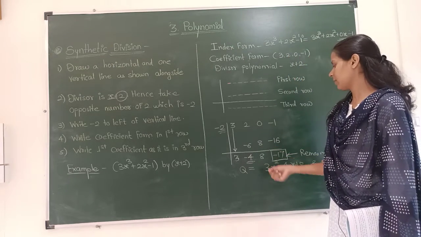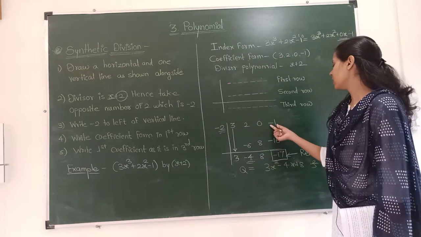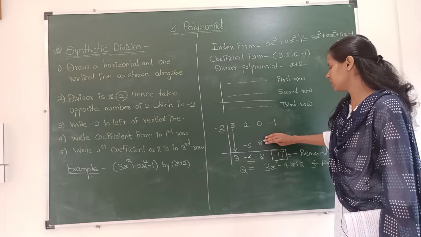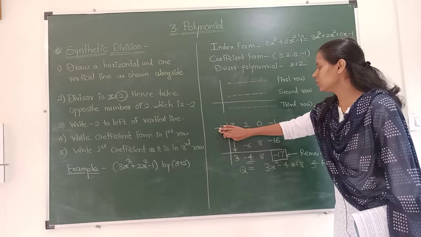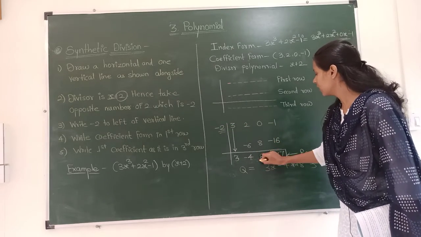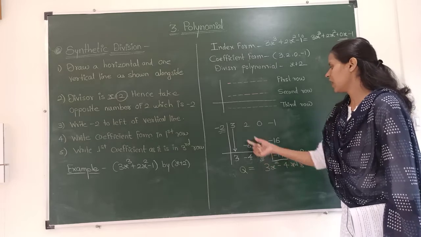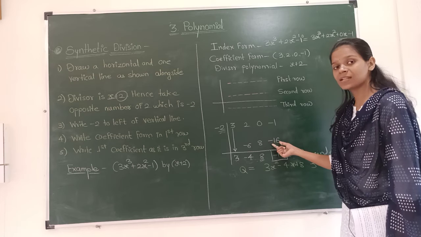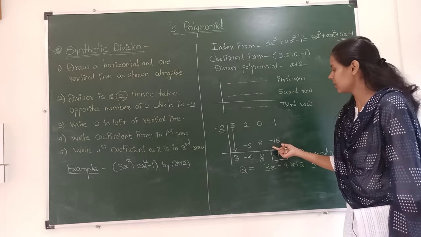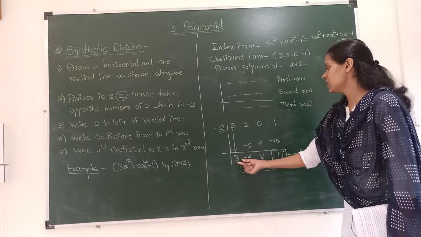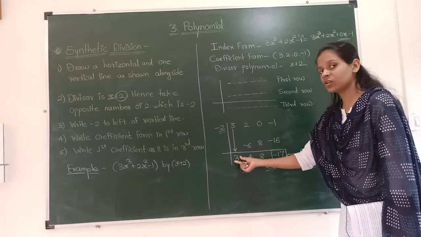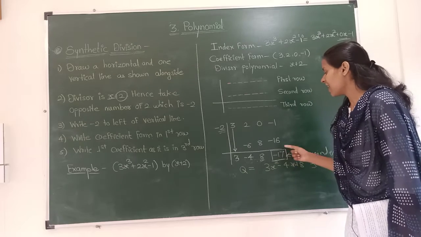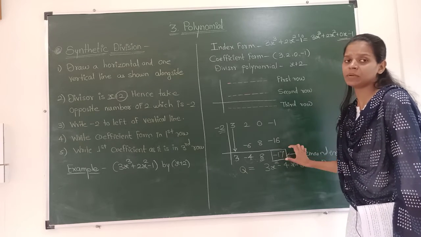8, so 0 minus 8, so it will be 8, 0, and here is minus 1, so the remaining term is minus 1. So this 8 into this minus 2, 8 into minus 2 is minus 16, minus 1 minus 16, minus minus becomes plus, addition and sign of the bigger number, so it will be minus 17. So quotient is what? The coefficients of the quotient are 3, minus 4 and 8, and remainder is minus 17. The last number over here is always the remainder.